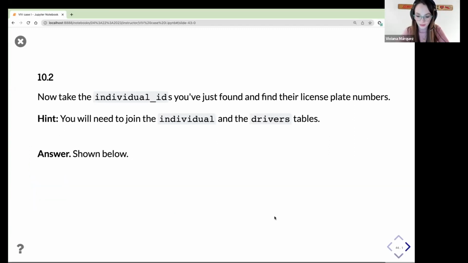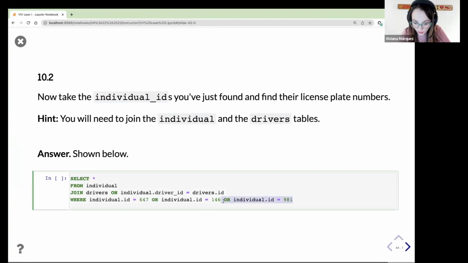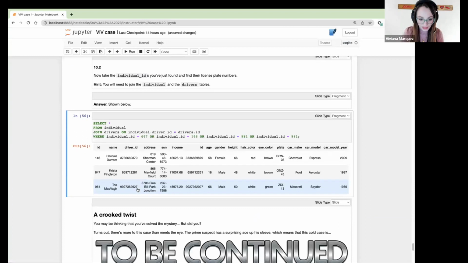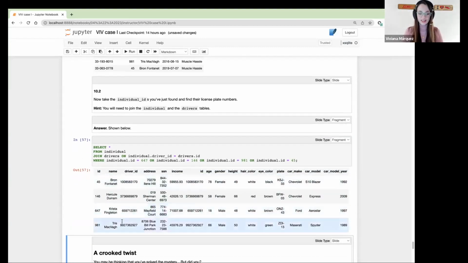1981, and then the last one was 45. And then we run it. Oops, I forgot the semicolon. I run it. So I see all these people, 647, 146, 981, and here it was 45, my bad. So we see the 4 people and license plate. So this is the license plate,